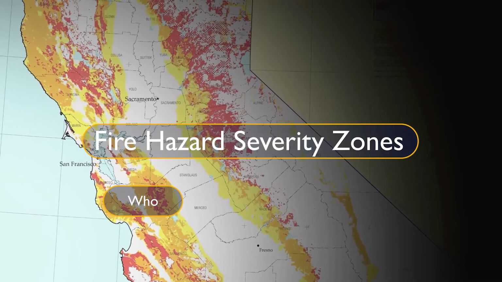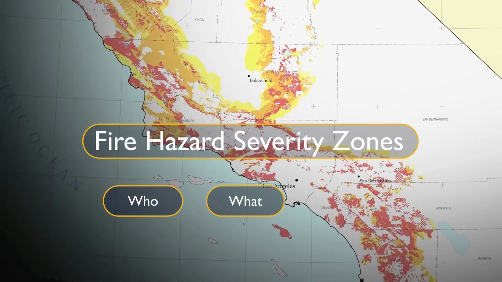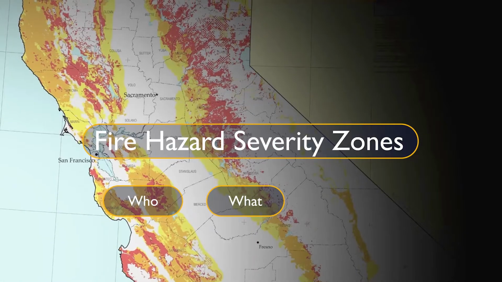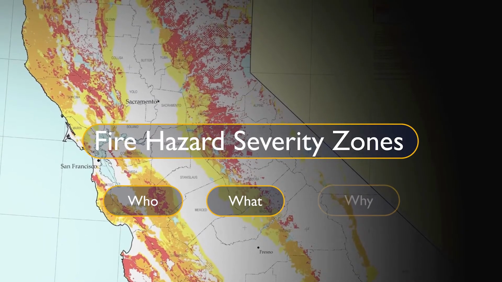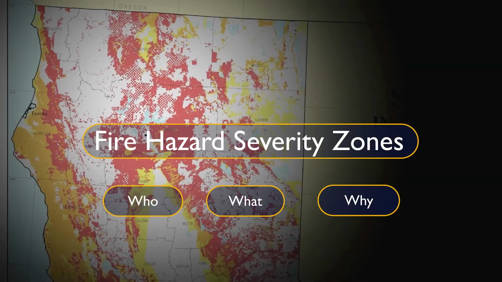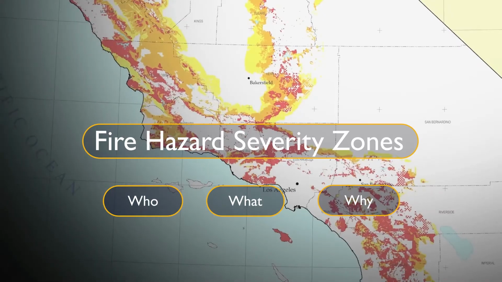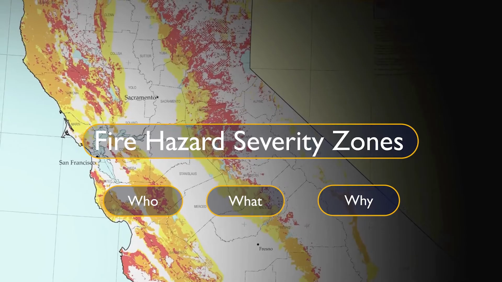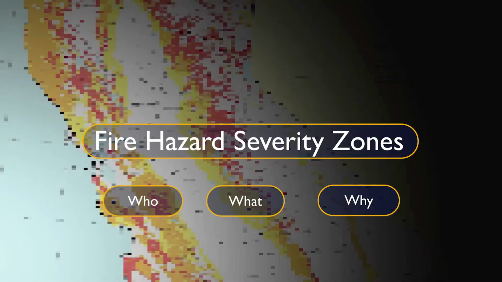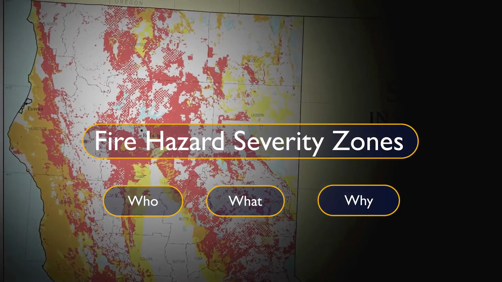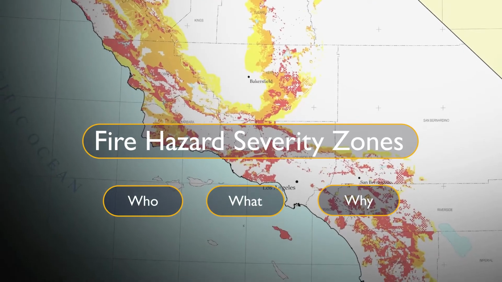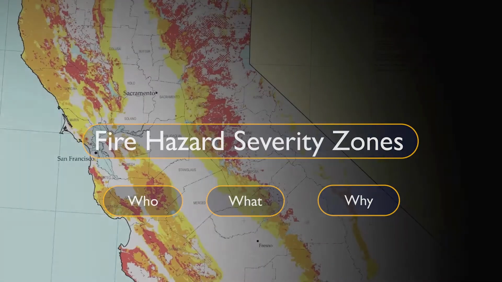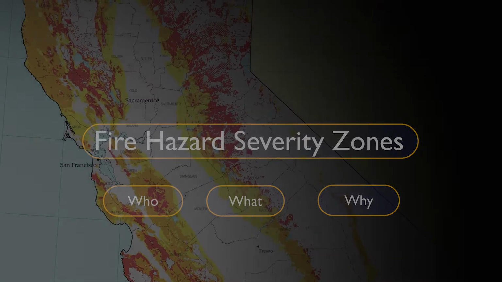Who? The State Fire Marshal is tasked with identifying fire hazard severity zones statewide. What? This involves categorizing areas in the state as moderate, high, or very high fire hazard severity zone. Why? The hazard mapping process will incorporate new science, local climate data, and improved fire assessment modeling in determining hazard ratings. The aim is to mitigate wildfire damage by considering factors such as fuel loading, slope, fire weather, and wind. We will now watch a short video on the science and methods behind the maps.